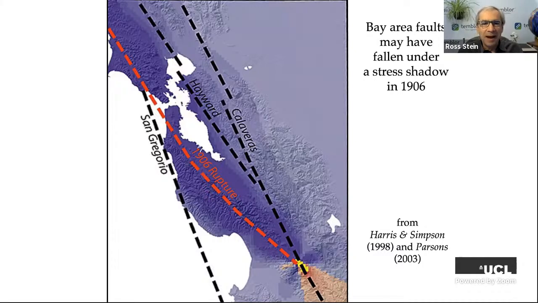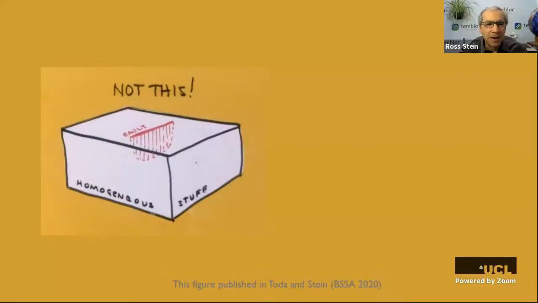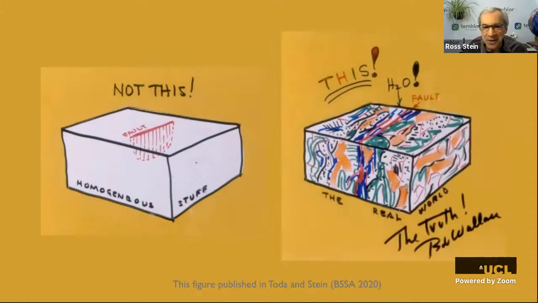Okay, now, if you wanted to be skeptical and critical, you might say, but Ross, aren't you grossly oversimplifying the crust and the behavior of faults? And that was a point brought home to me by my mentor, Bob Wallace, the father of paleoseismology, who gently remonstrated me by giving me this drawing in about 1986 or so. And he said, no, what you're doing on the left has nothing to do with how the Earth actually looked. This is what it looks like. And I had him sign it because I thought this was a beautiful moment.